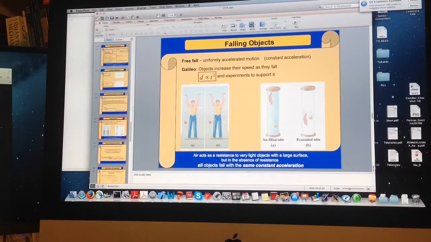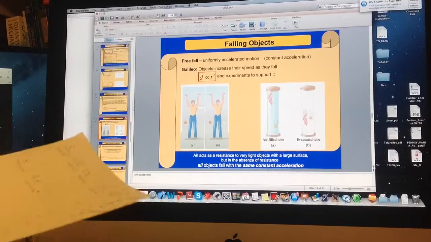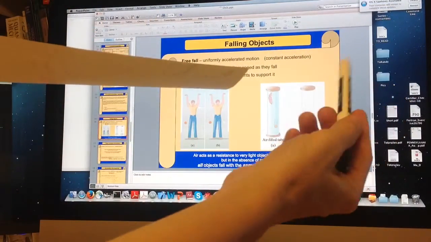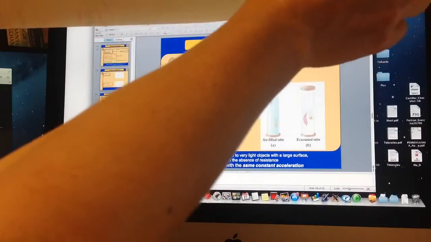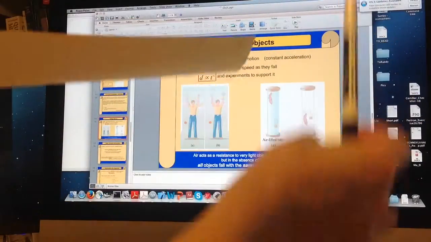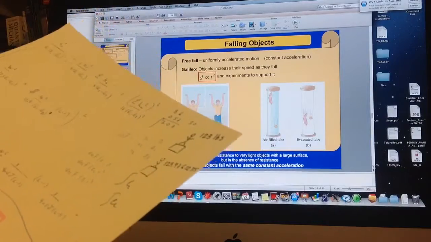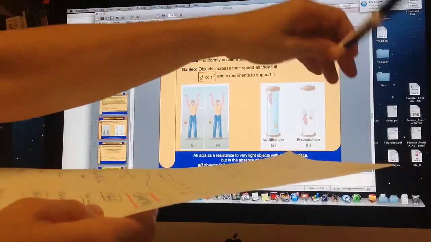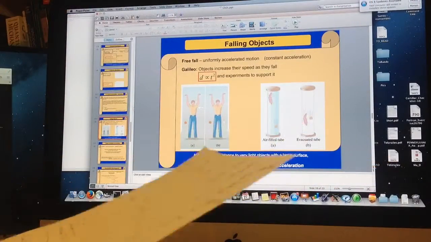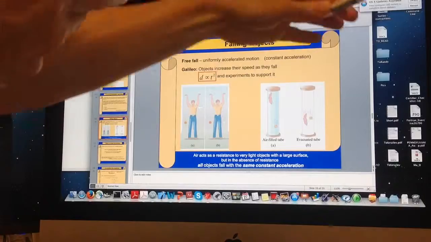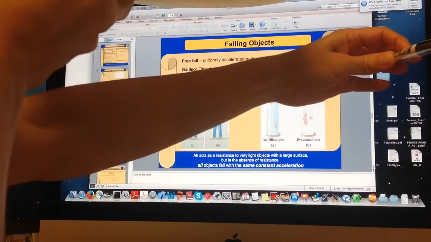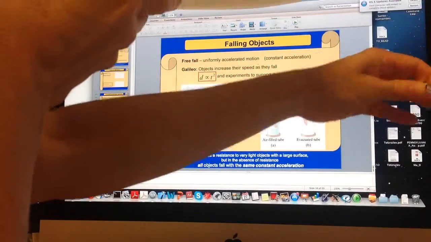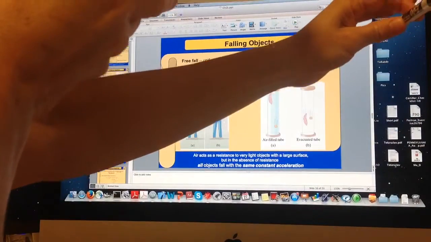What is the idea? Well, usually, if I have a piece of paper and another object like a pen, and I ask you, if I drop both from the same height, which one will reach the floor first? People usually tend to say that it is the pen, because the pen is heavier. If we do the experiment, and I advise you to try, you really do see the pen reaching the floor first.